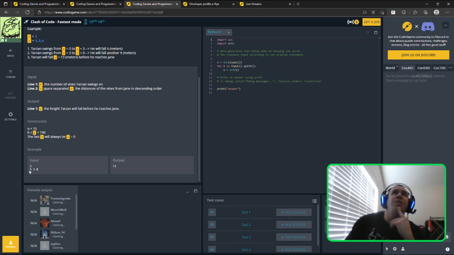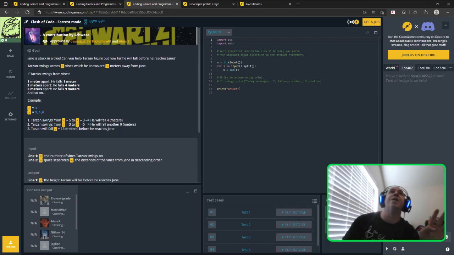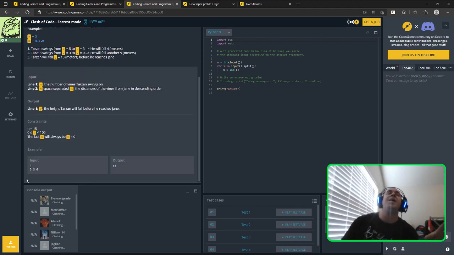So the first two vines, these are the three vines. The first two vines have a difference of 2, so he falls 4. Because if we go back to this, 2 squared is 4, and then we're adding that to the sum. Now, between this one, it's 3, so it's 9. Okay, so what we're doing, I mean, this could be